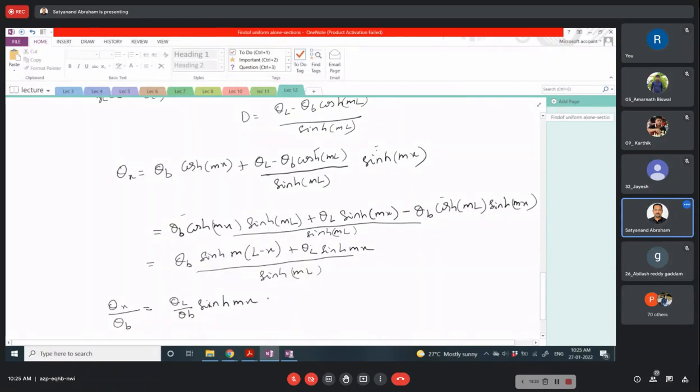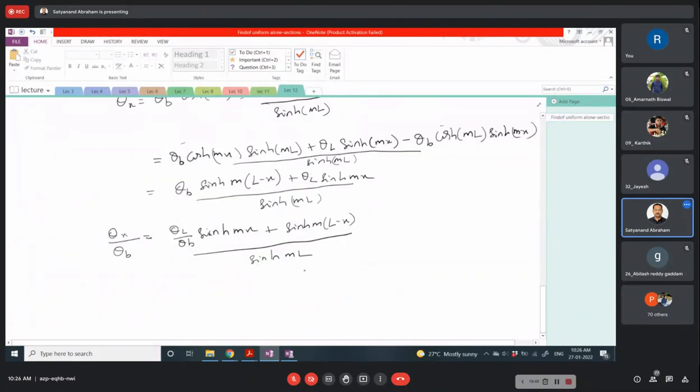mx plus sinh m(L minus x) divided by sinh mL. Okay. So that is the temperature profile, we can say, for a prescribed temperature. We can see at x is equal to L,